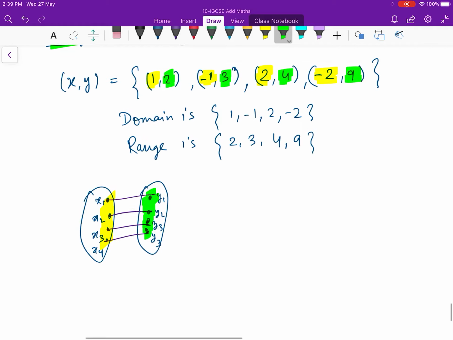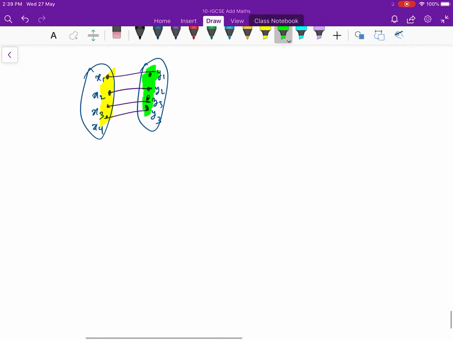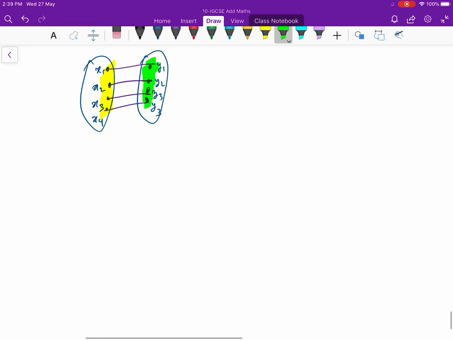Now in the question, you will have to find the domain and range. There could be two types of question. In the first case, a graph is given, and from that graph you have to determine the domain and range. The second case is when a function, a relation between y and x, is given, and then you find the range and domain. First I will take the case of a graph.